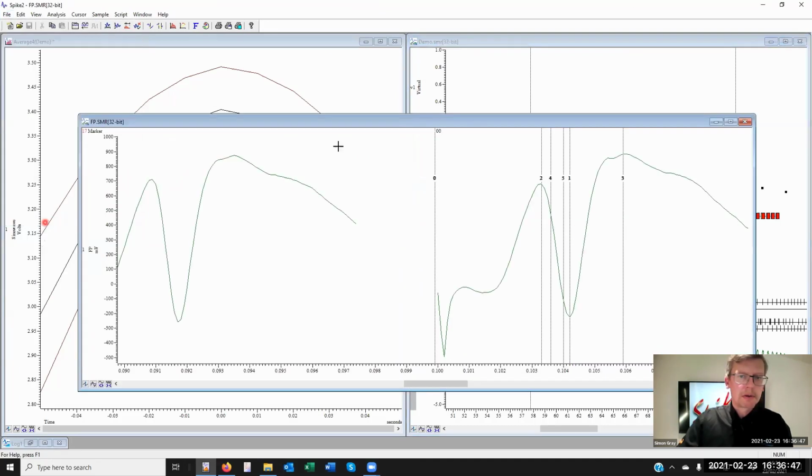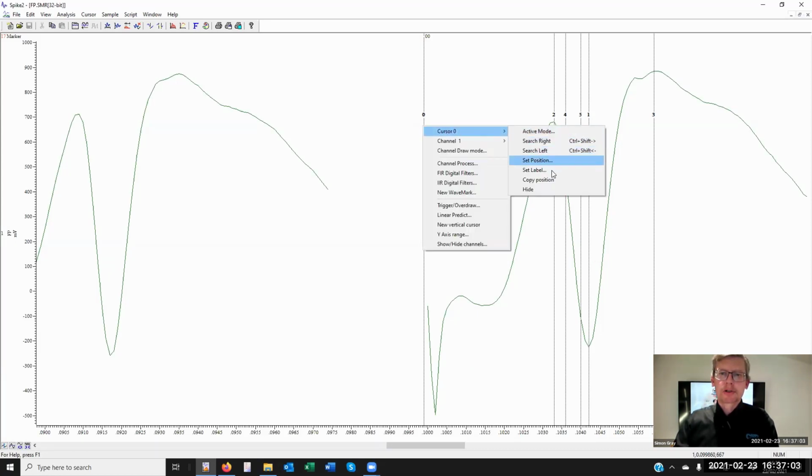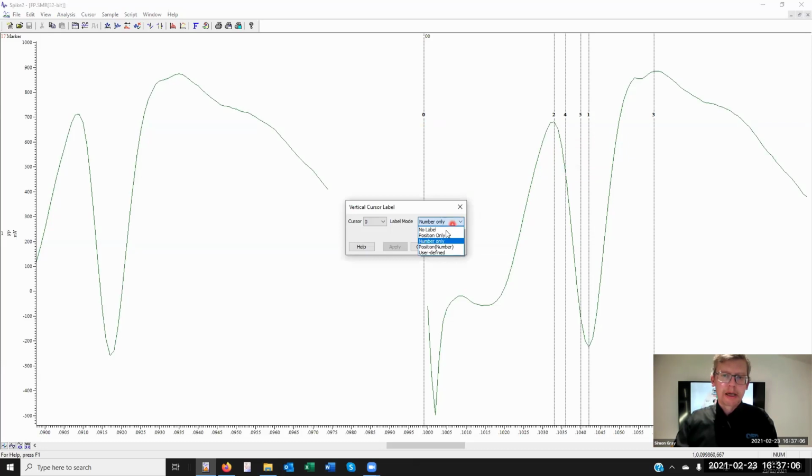Okay, and I'm thinking now that the field potential and all these other windows that we've been dealing with have not really shown clearly what these cursors are meant to do. So I'm going to right click on cursor 0 and switch to set label. And from here, I go user defined. I can say stim. I can apply that change to 1. I can say that's also user defined. Trough, apply. We could change to